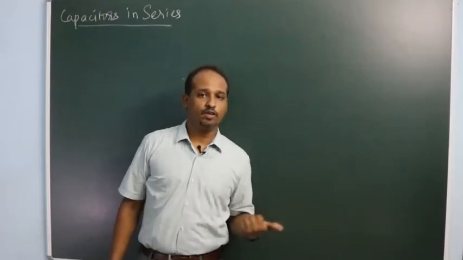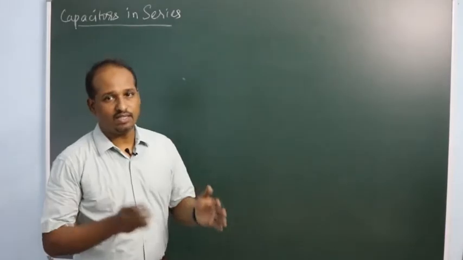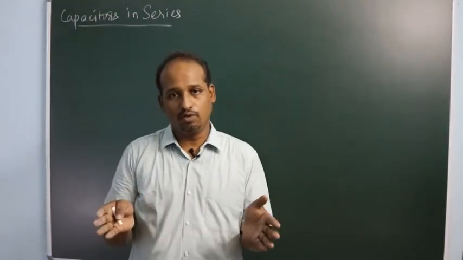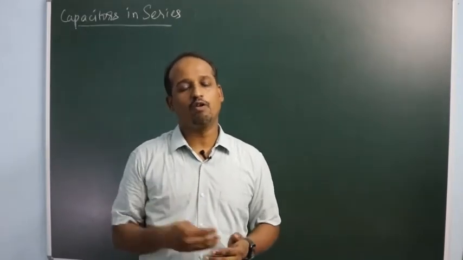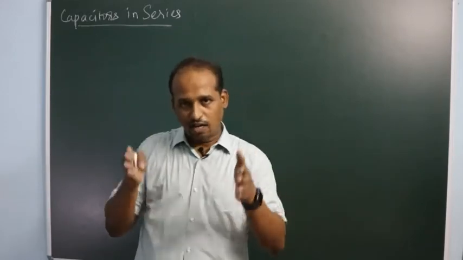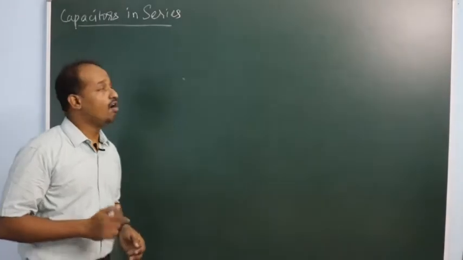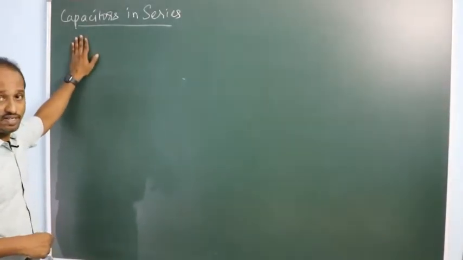In this session, we are going to discuss capacitors in series. We have seen capacitors and capacitances, and we can connect capacitors in two different main ways. One is back-to-back combination, which we call capacitors connected in series. The other one is parallel to each other, such that the potential differences across each capacitor are the same. So now we are going to look at capacitors connected in series.